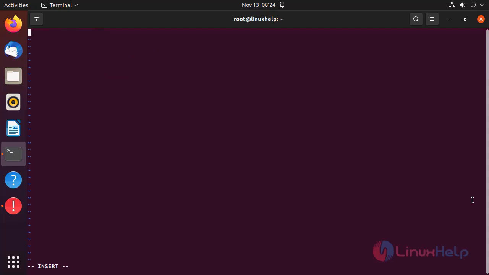Here in the first line, I'm giving the shebang symbol #!/bin/bash, which indicates a bash file. Next, I'm going to read the variables by using the following command.